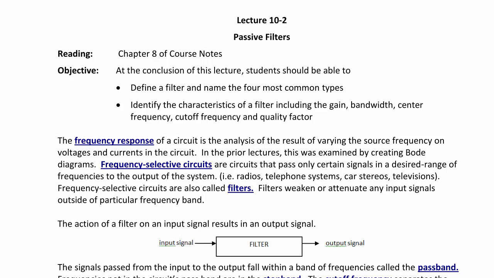Today we have lecture 10-2 on passive filters. Students should be reading chapter 8 of the course notes in order to get more information on this topic. At the conclusion of this lecture, students should be able to define a filter and name the four most common types of filters and identify the characteristics of a filter, including the gain, bandwidth, center frequency, cutoff frequency, and quality